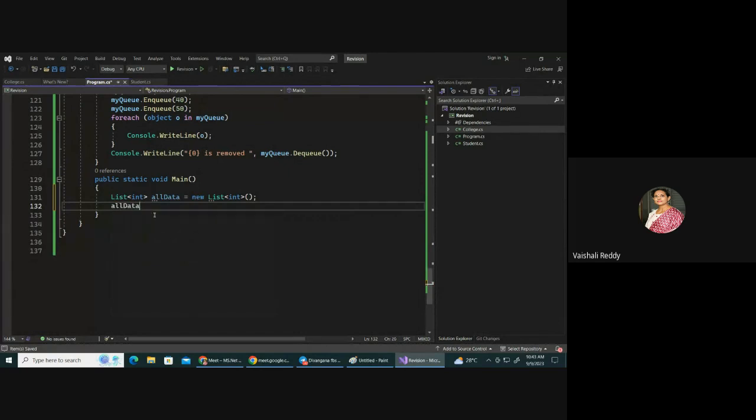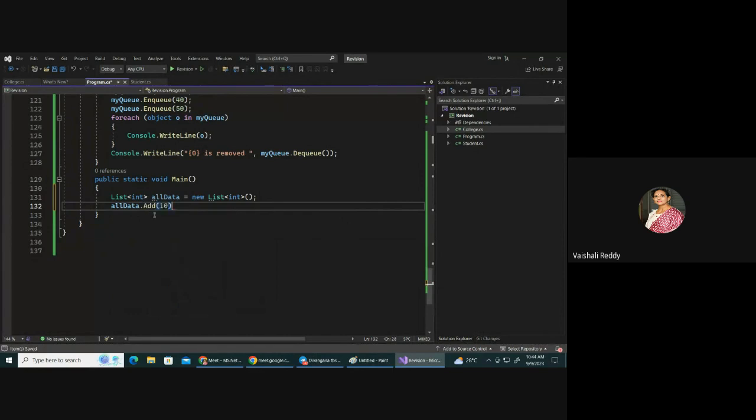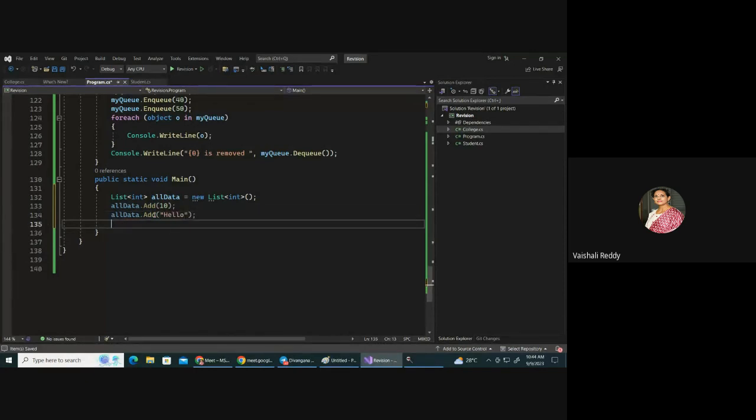So all data dot, बाकी सब कुछ वही है, हाँ जो हमने देखा था, देखो add method है. अब अगर आप कुछ और डालने जाओगे तो वो एरर ही आएगा, because now its type is an integer, so this is not allowed, आएगा एरर, ठीक है। Is that clear everybody? बाकी सब कुछ सेम है, हाँ। तो ये मैं लिख देती हूँ यहाँ पर, behaves like array list।